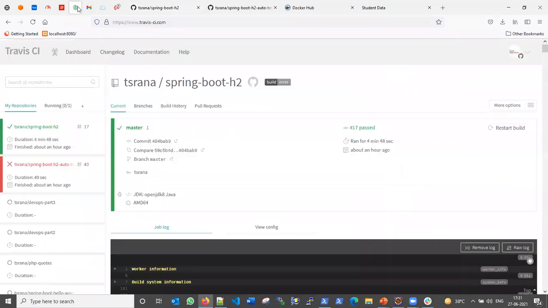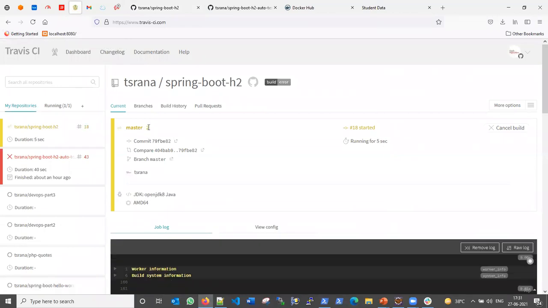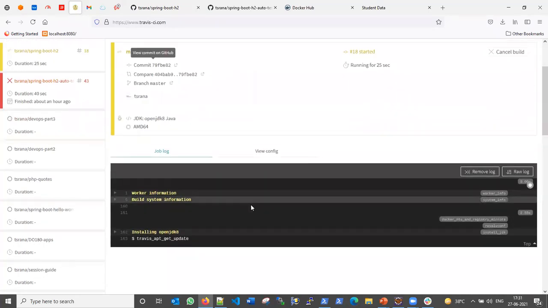If we go inside the Travis dashboard now, we will see that our new build will be started soon. Yes, it has started as we gave the command. You can see it is taking code from the master branch, and this is the last commit hash number, and the commit message was 2.